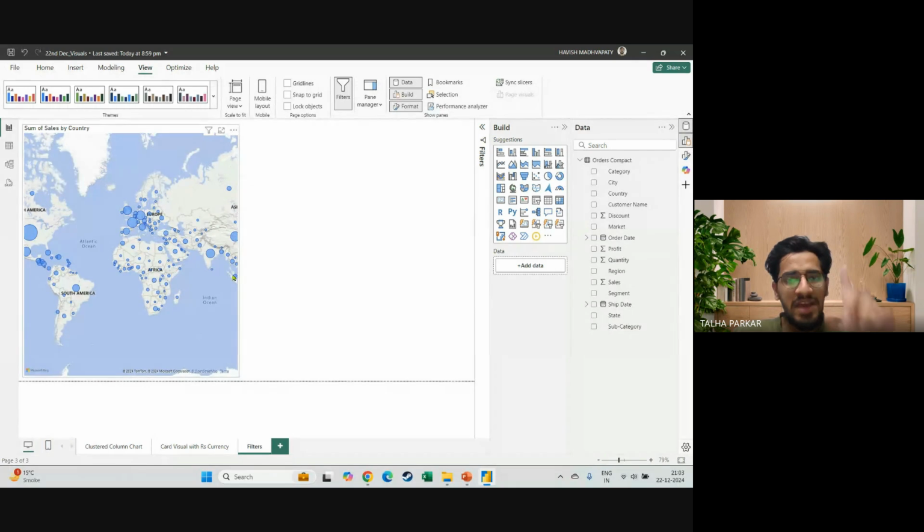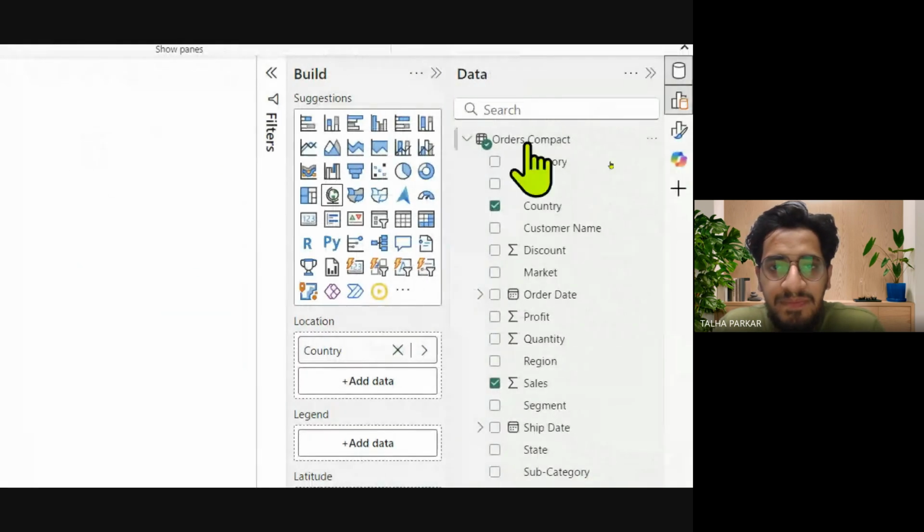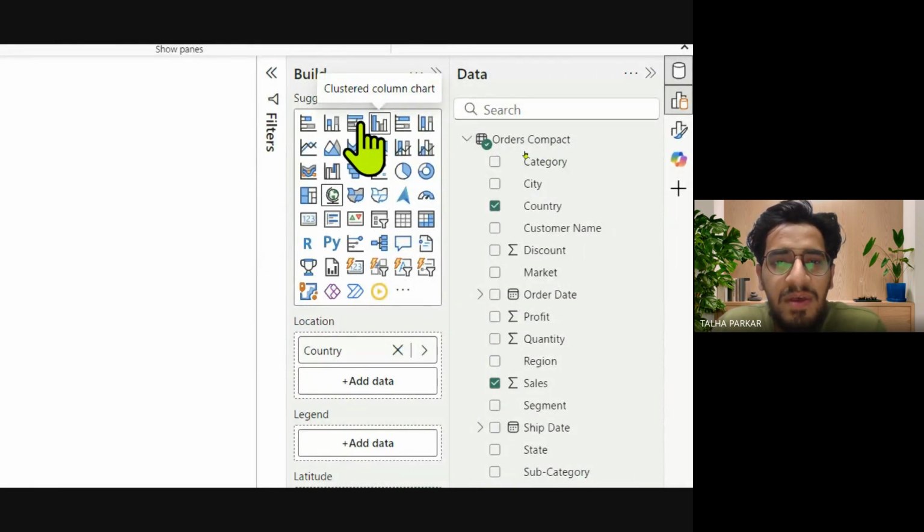So on the left, you will have one map visual, which is the globe map. It will just say map, but it will have a globe symbol. After creating that, you now need to insert a second visual. To insert the second visual, please ensure that you first click outside in the white area and then only go and choose the second visual. Otherwise, if my first visual is selected and I want to create a simple bar chart, which is this one, the clustered bar chart,